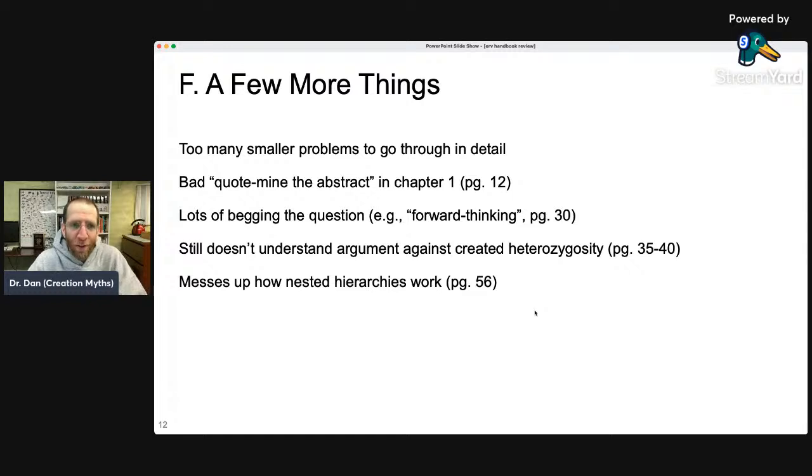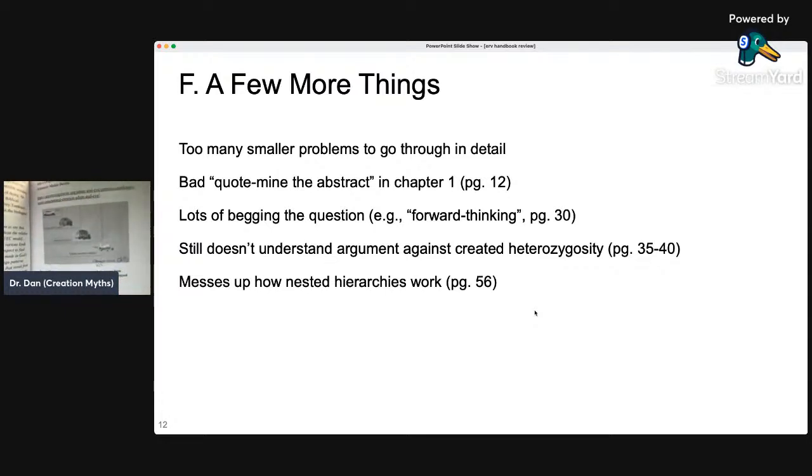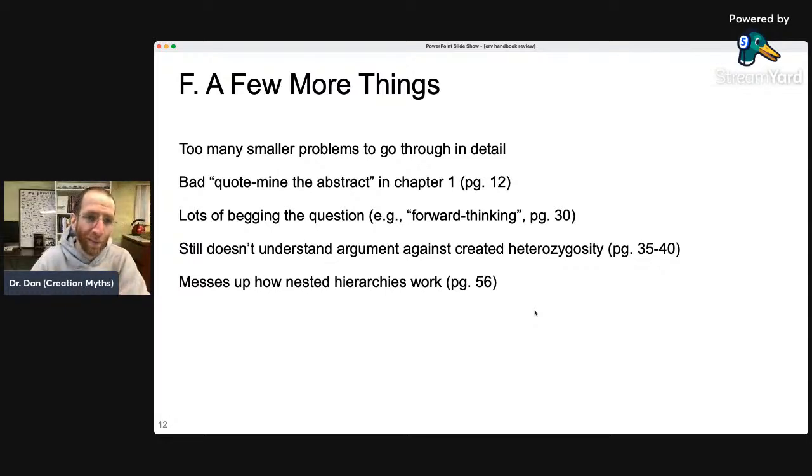This part of the book was fun. This is in that non-discriminatory evidence chapter. It's on page 56 specifically. He does the nested hierarchies thing, but it's vehicles. Now, there's a problem here. One, vehicles don't reproduce, right? So planes, trucks, cars, they don't reproduce. The other problem is his